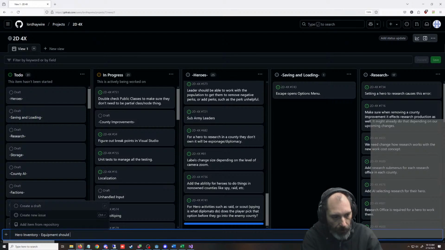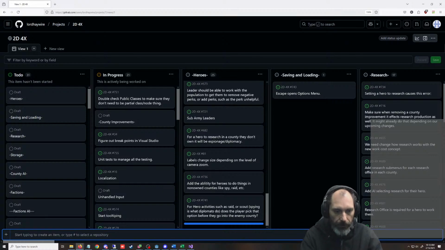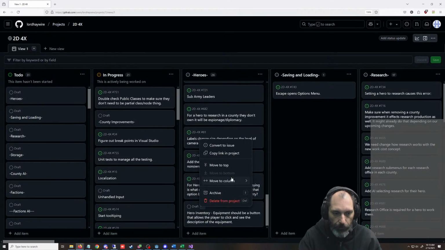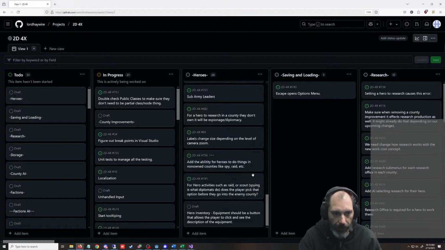Equipment should be a button that allows the player to click and see the description of the equipment, so they could see all the bonuses and whatnot that they get.